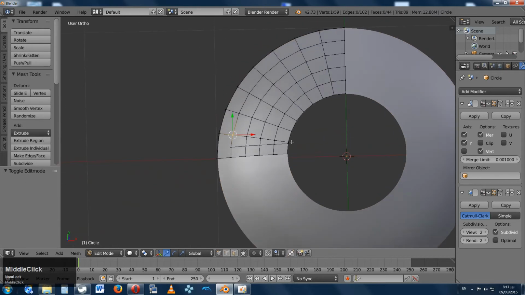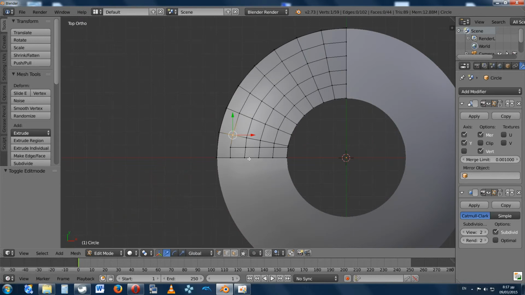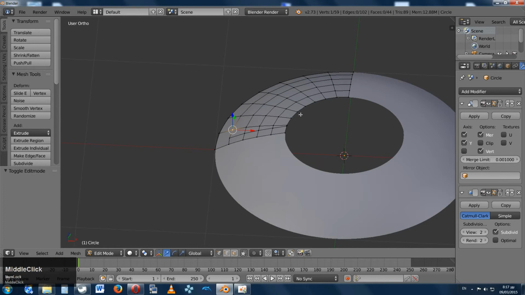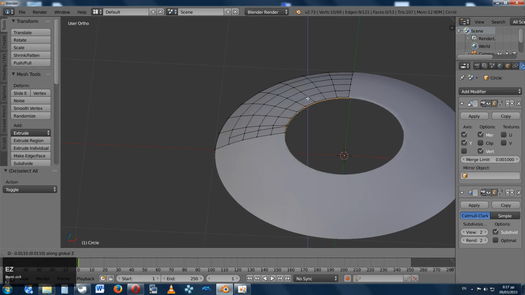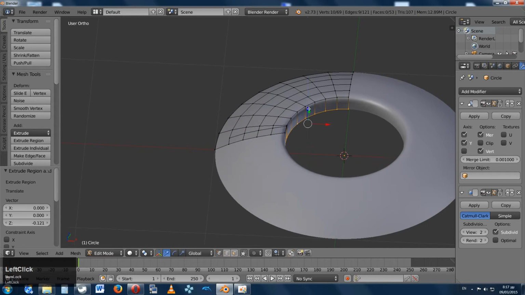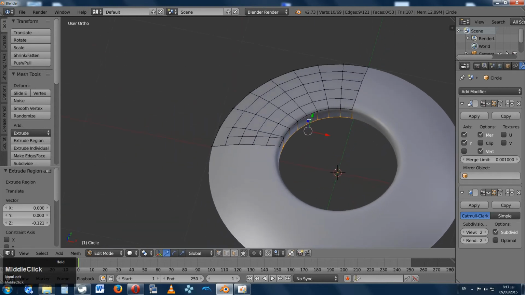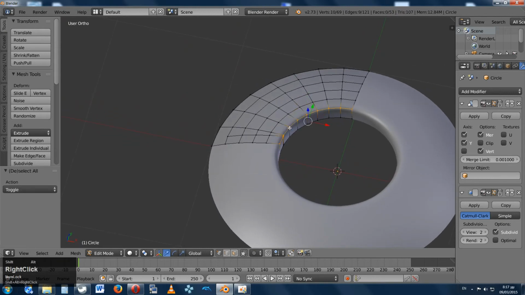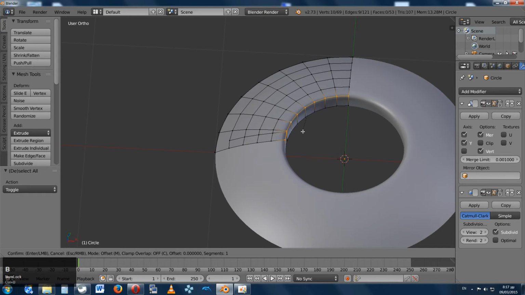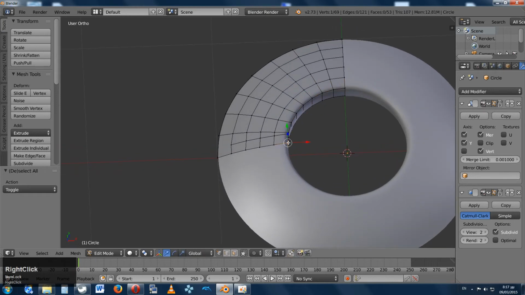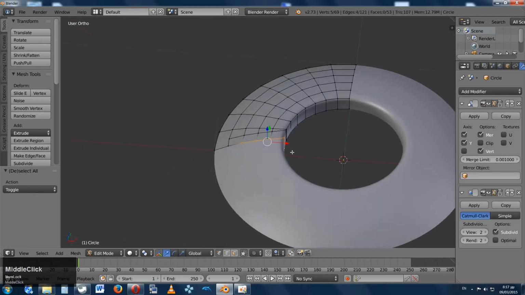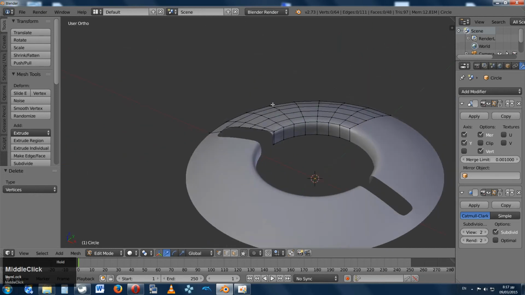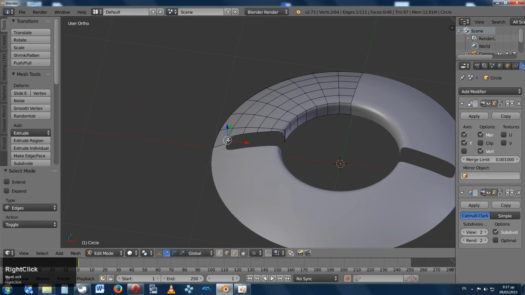Okay. Let's see. We need a loop like that. Yeah, well. Equal parts more or less. That one and that one. So we can bevel out and create an interesting surface. But before we do that, we have to eliminate some vertices. They don't exist in the final shape. So what does exist is